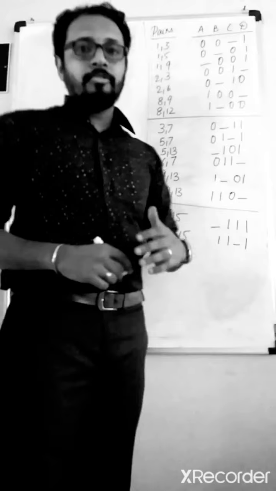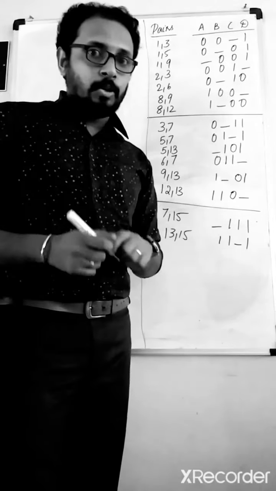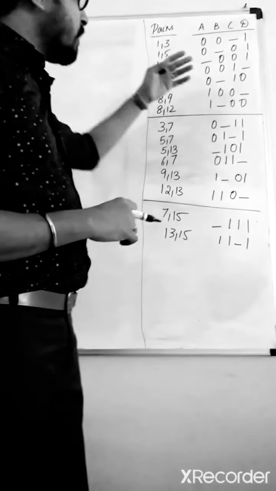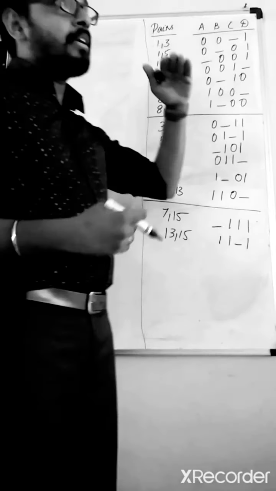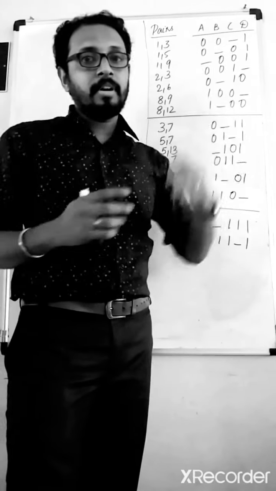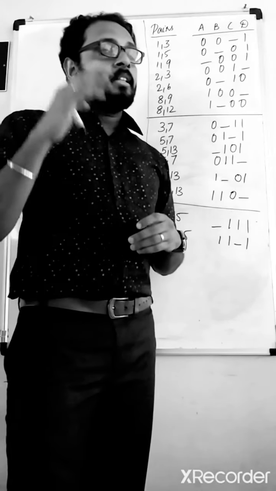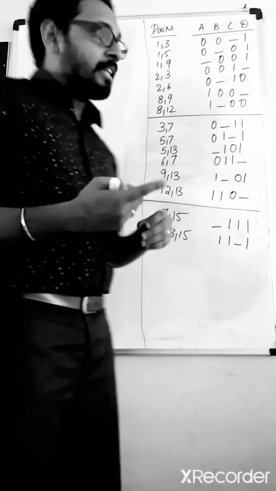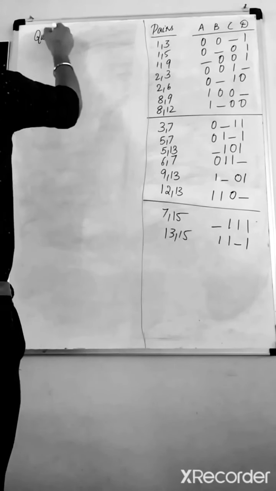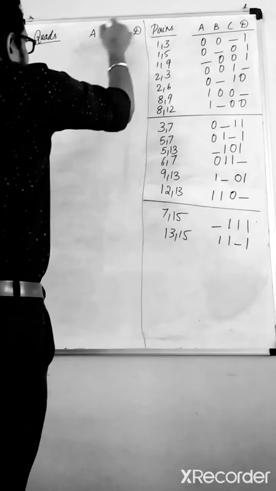I think the set of pairs that we formed in the previous step is clear to you. So the next thing we need to do is find the quads. Earlier we had a set of indices and the corresponding values, and we compared the values and found one bit change. The same will be there in the next step. After finding pairs, we find the quads. Quads, as you know, is a group of 4.